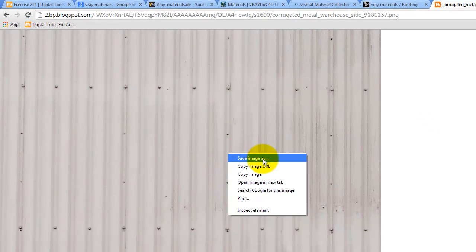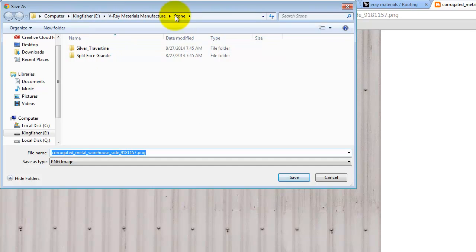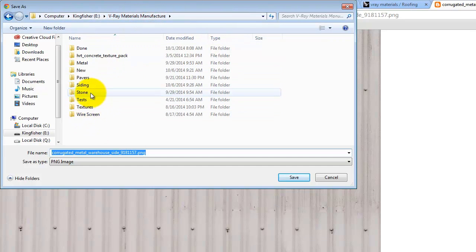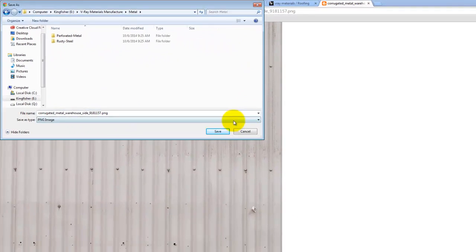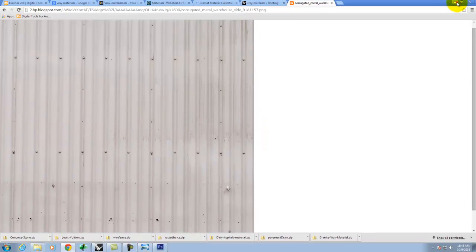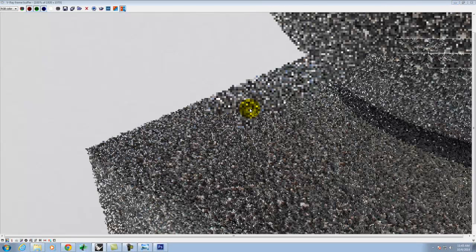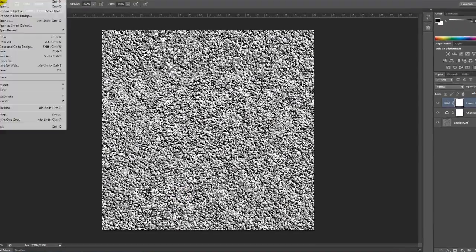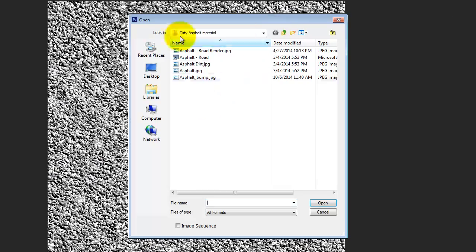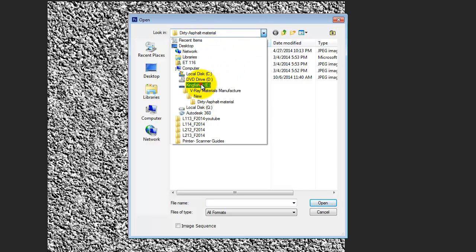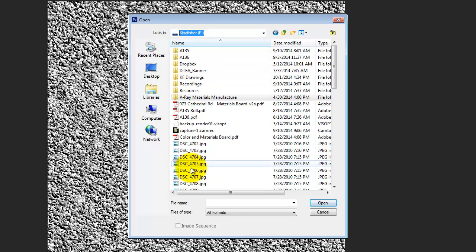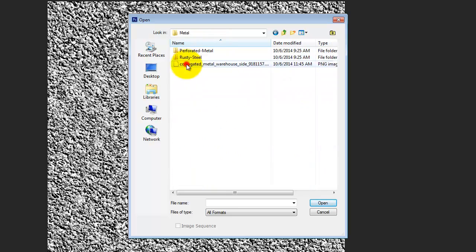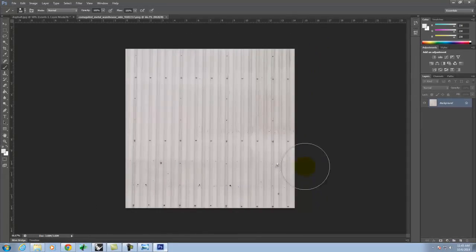And I'm going to save the image once I find it. And we'll save it. I have metal here somewhere. There we go. And I'll click save. Still going. Things take time. Right? I saved it as a JPEG. Now I'm going to go ahead and open that in Photoshop. If I can find it. Open. Okay, and so I'll bring this particular piece in, and I don't know for sure yet whether this is